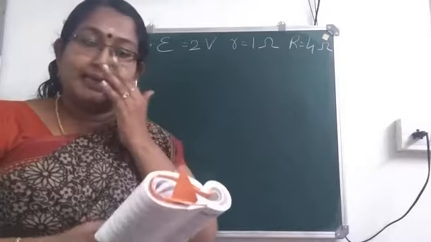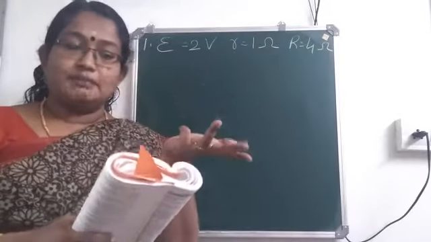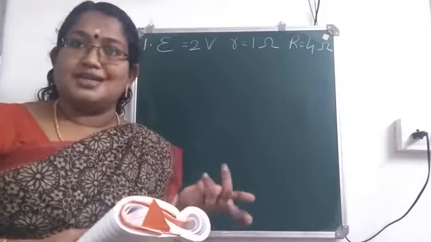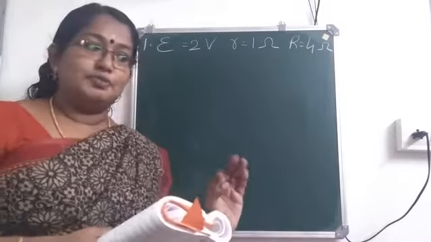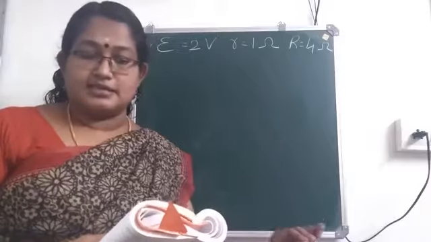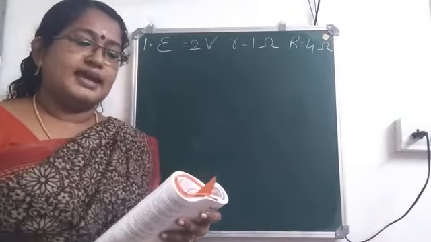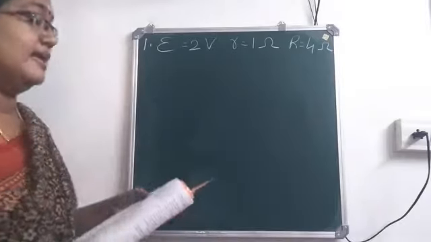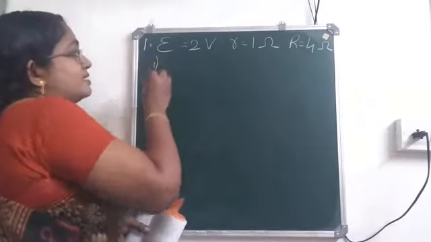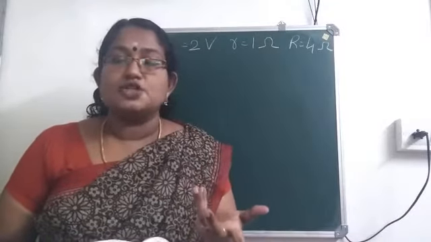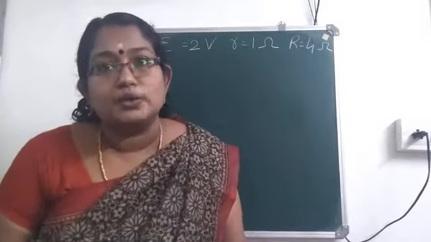Then we have the ammeter and the voltmeter. Ammeter measures the current in the circuit and the voltmeter measures the terminal voltage. EMF means it is the feature of that cell itself. Okay, now what will be the readings of the ammeter and voltmeter when key K is open? So first question, when key is open, what will be the reading shown in the ammeter and voltmeter?